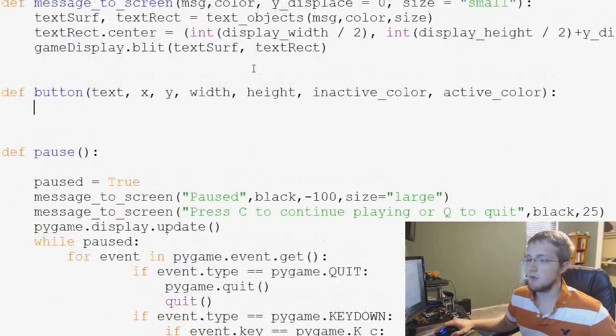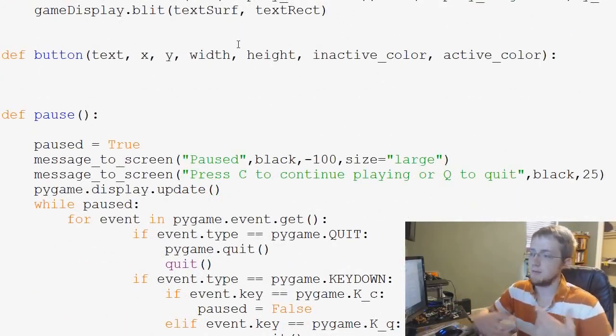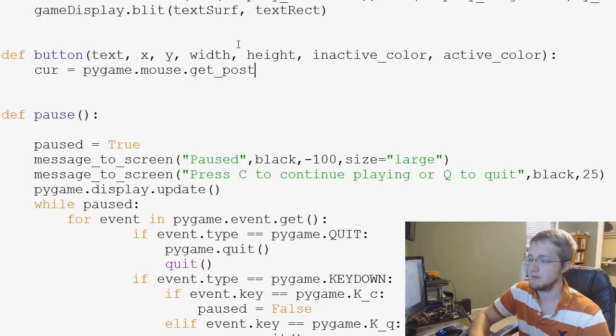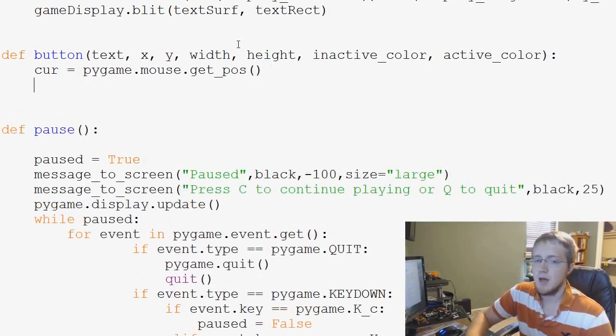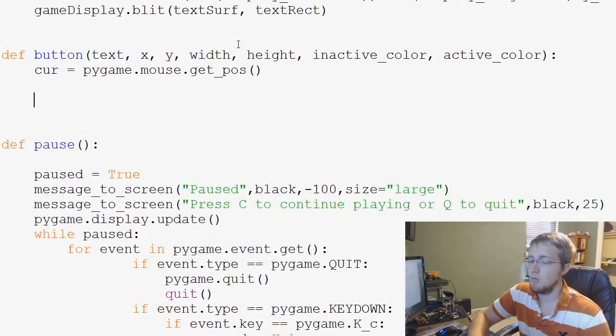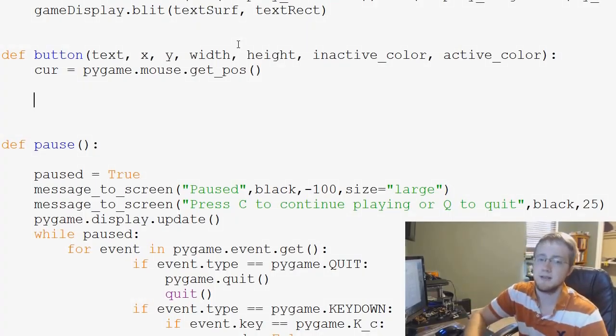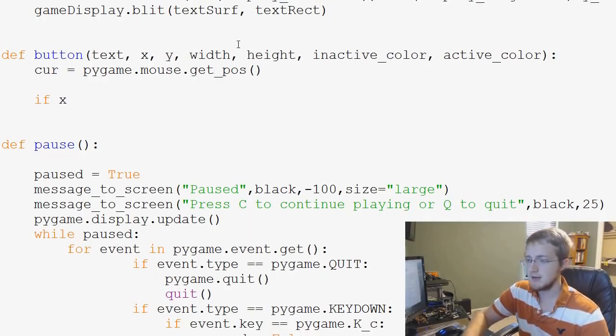And then like we had before, how do we make this button work for everyone? So we would first say cur equals pygame.mouse.get_pos. Whoops. Then we're going to say what? So this might make a little bit more sense since we're not going to be hard coding this. So basically the question is if x, so that x location of the top left corner of the box, if x plus width